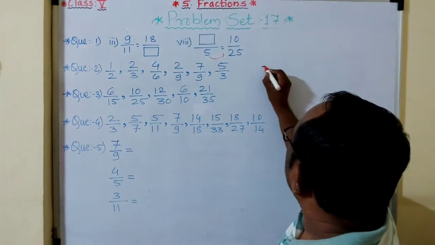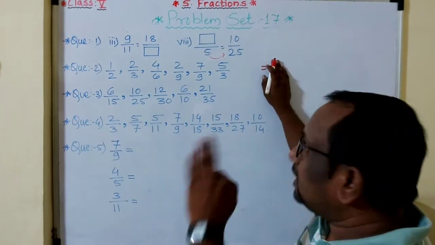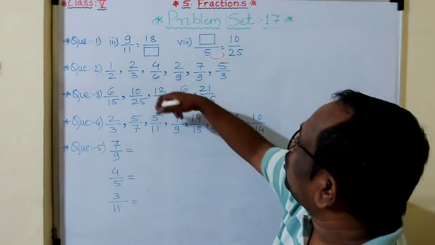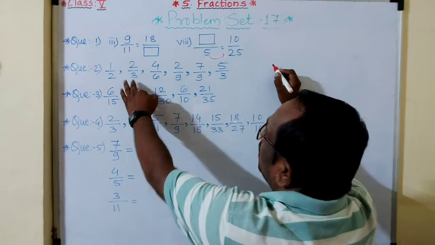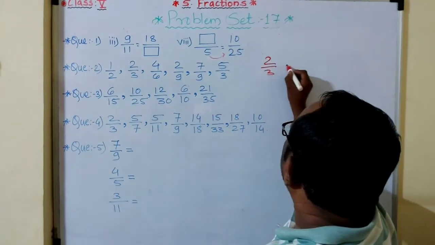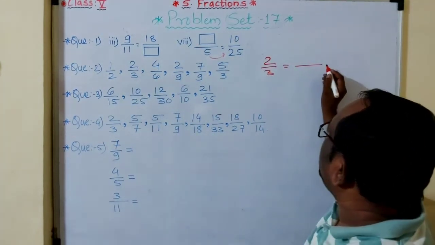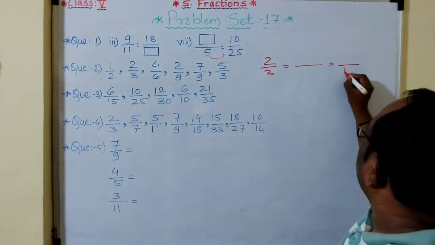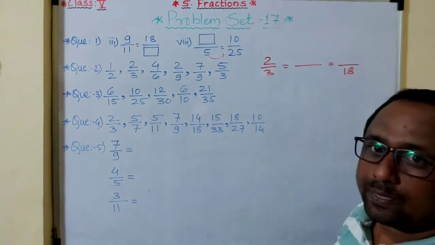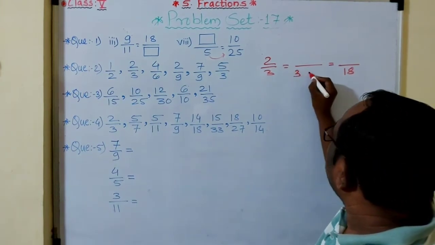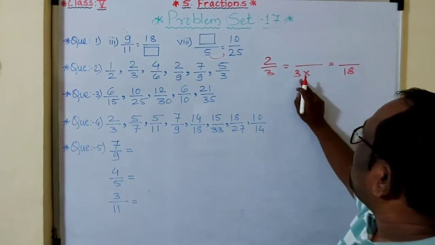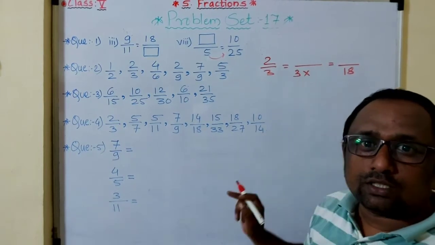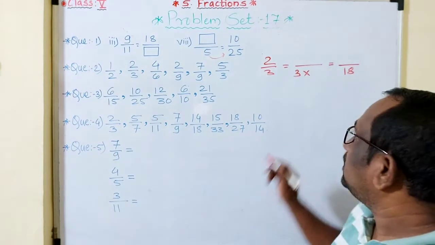I will choose 2 upon 3. How you have to solve, that's why I write here. Okay, so you have to write 1 upon 2, 2 upon 3. I will just take the 2 upon 3. Now what they said, they want denominator 18. So we write first 3 multiplied by which number, then we will get 18. 6 1s are 6, 6 2s are 12, 6 3s are 18.